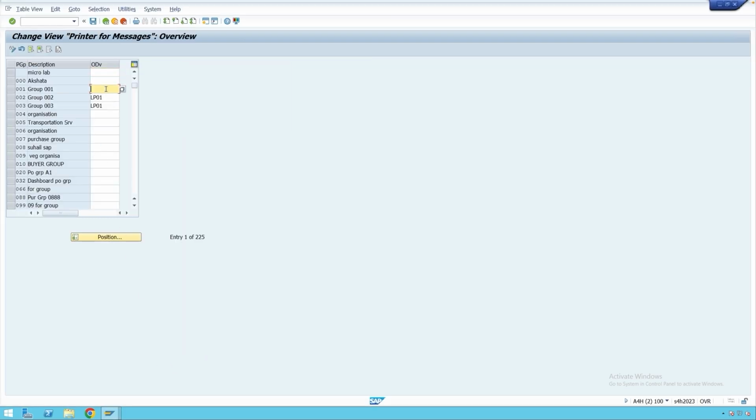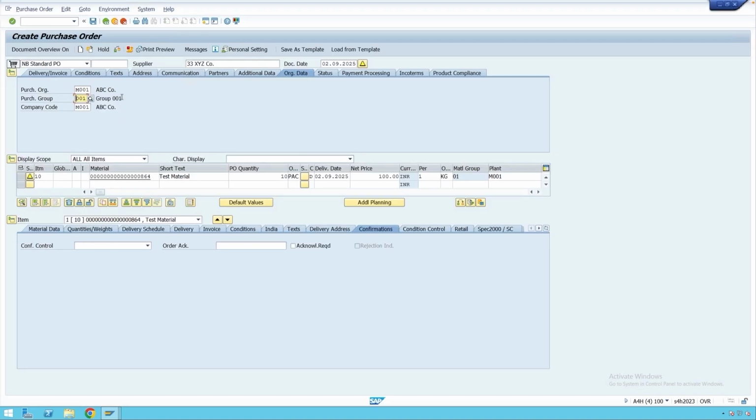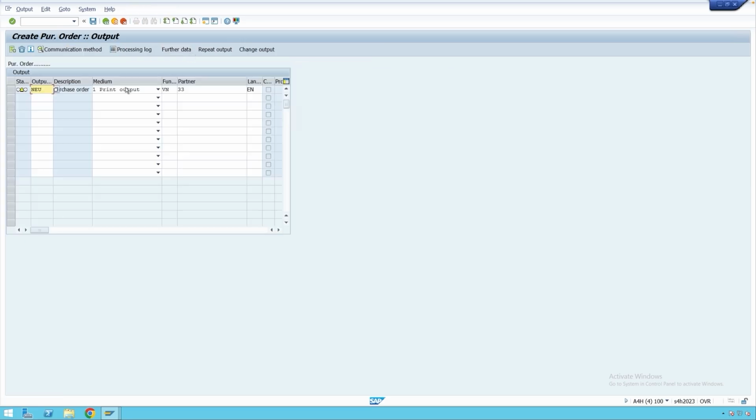So let's enter LP01 here and press enter, and let's save this configuration. Now let's again go to this purchase order, and if we click on messages, you can see this output has been determined by the system. And why has this happened? Because we have maintained the printer against the purchase group. We have the configuration of purchasing group as print parameter against this output type, and through this combination the system determined